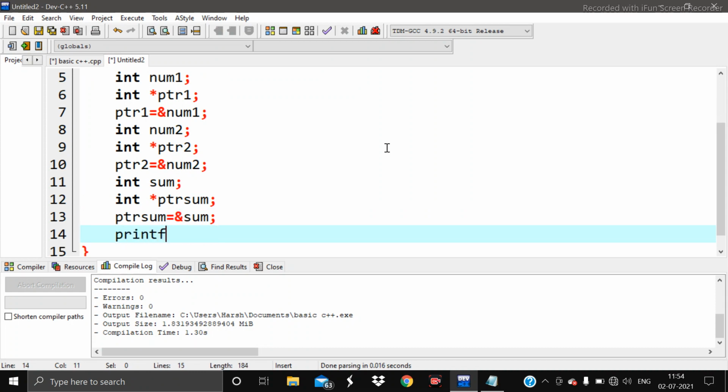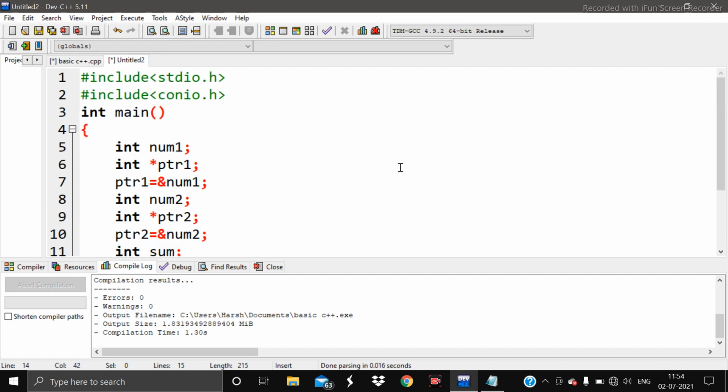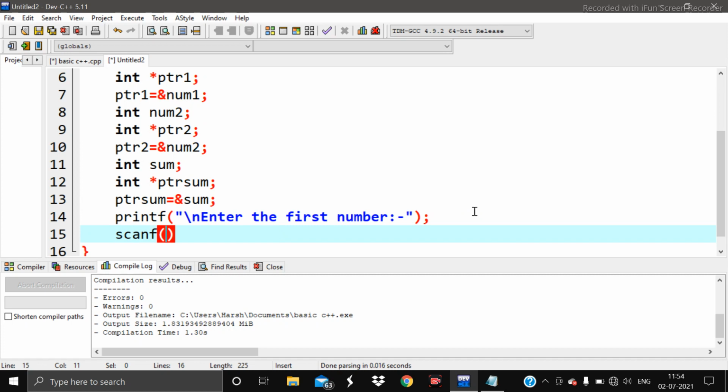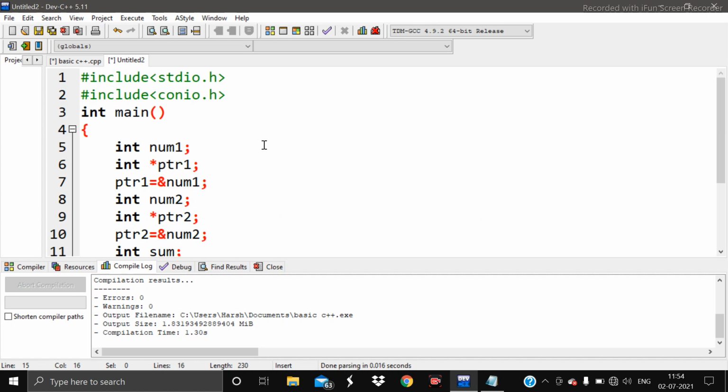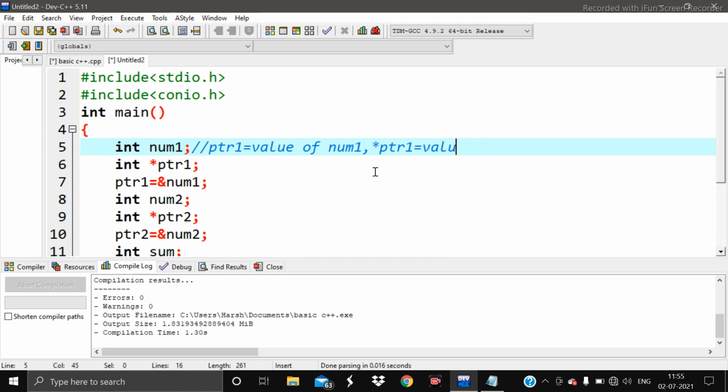Now we want to take values from the user. Enter the first number. This is written in C language. Scanf %d, and here there is one conceptual thing: if we write ptr1, then it will be equal to the address of num1. But if we write asterisk, dereference pointer *ptr1, then that will be the value of num1.